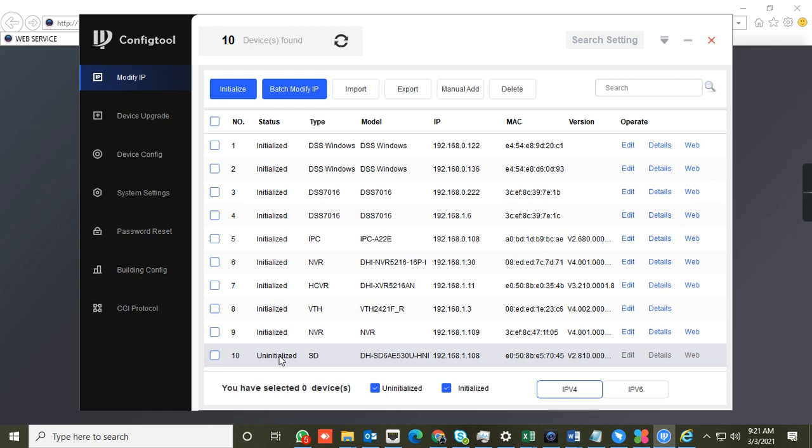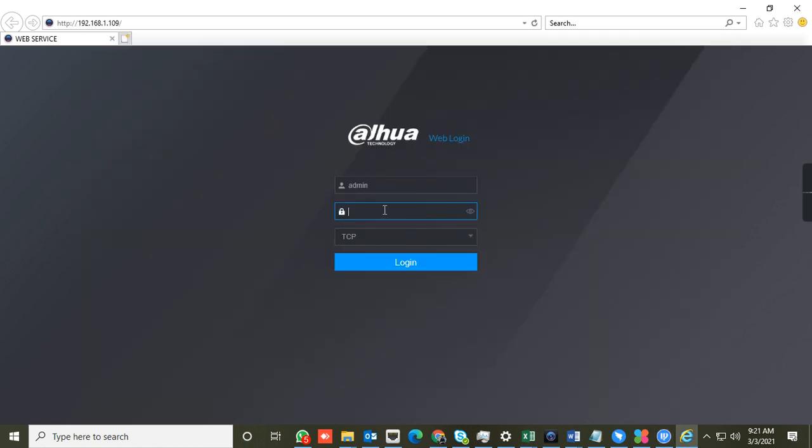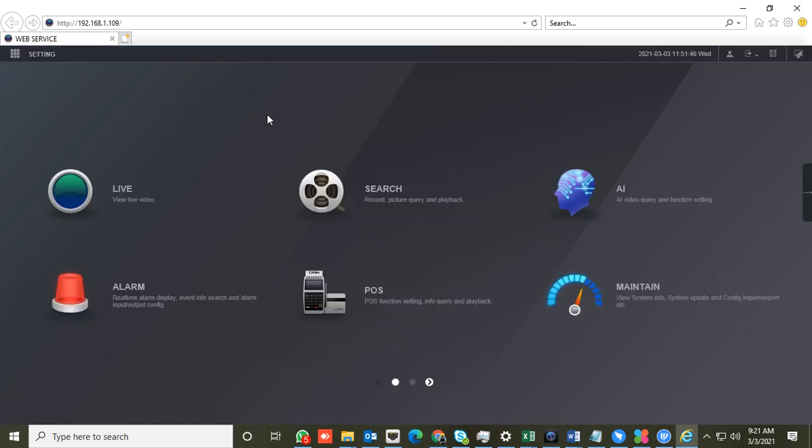We have to put the password. We have to initialize the device. So this is the NVR, and we are going to add the camera on this unit. Log into the NVR, put the password, click on login on Internet Explorer. Then we have to go to the camera registration page, but before that we have to check the network